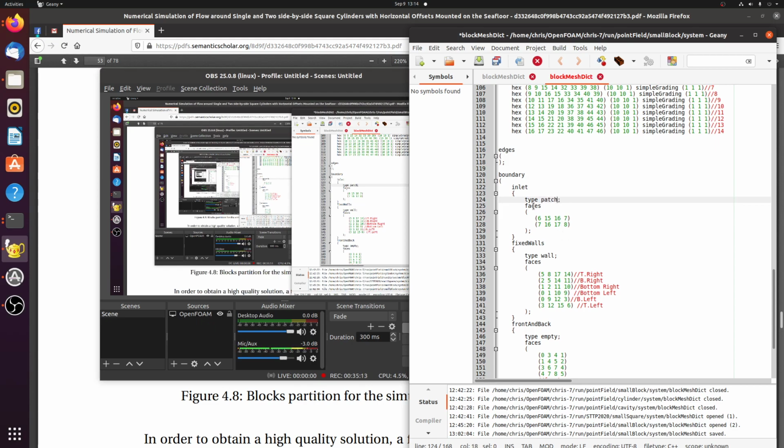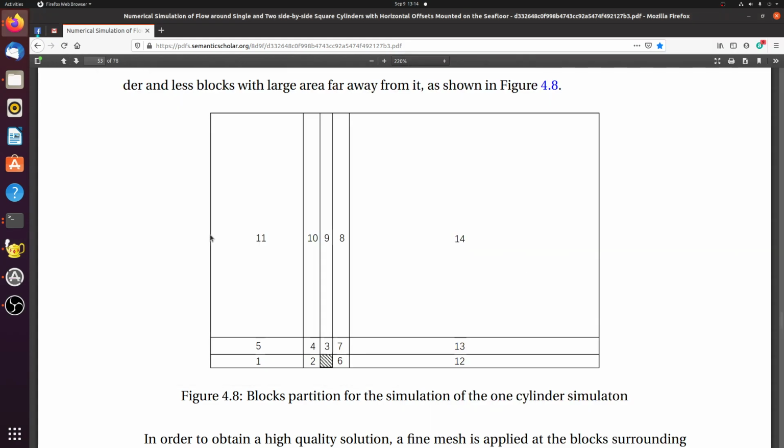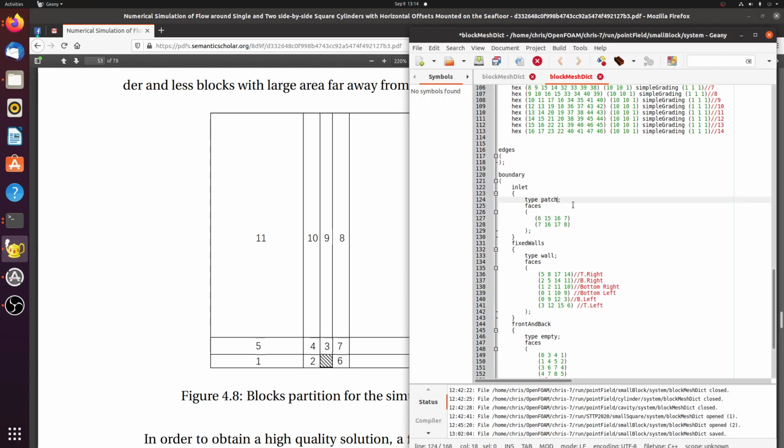And the inlet has three faces, it has this, and this. So it has this face, and this face on the geometry. So inlet has three. So we're going to go with inlet, and then